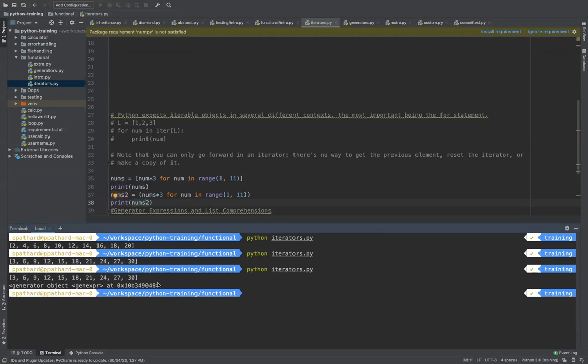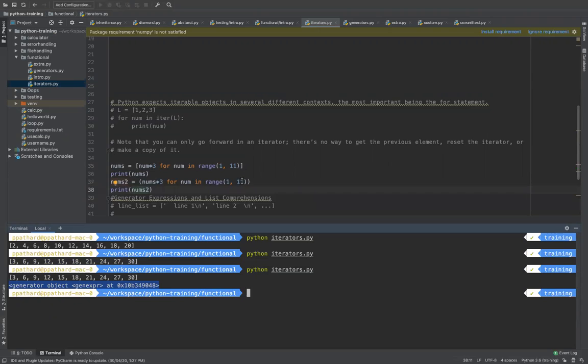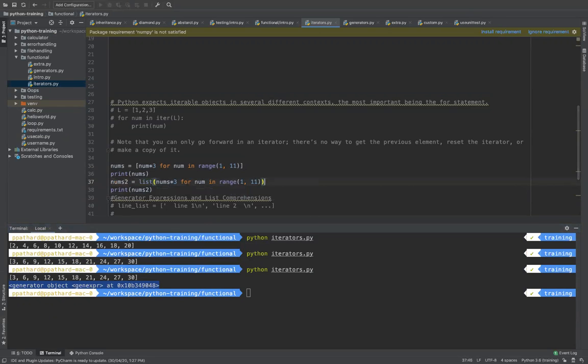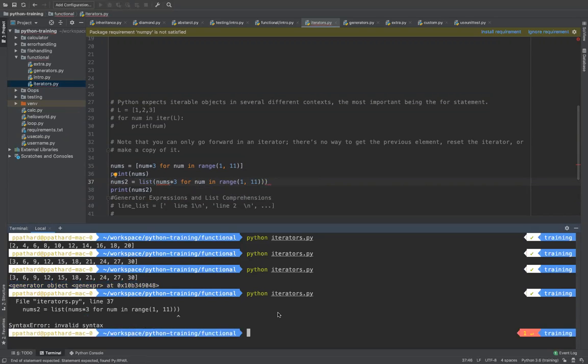Now when I print nums2, it gives you a generator object. We will learn about what a generator is next. But the advantage here is that it will only give one number at a time. Now let me convert it to a list to show the output.